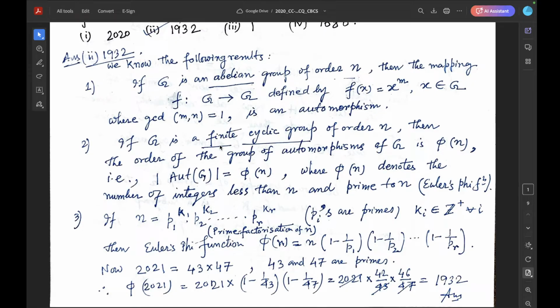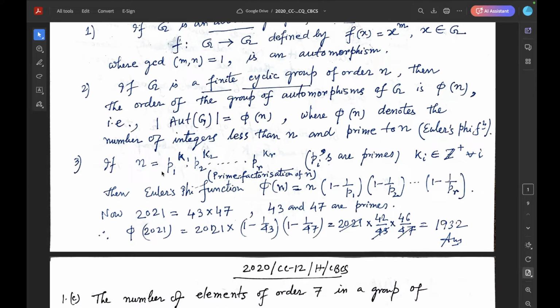If G be the finite cyclic group of order n, then the order of the group of automorphisms is phi n, Euler phi function. If n equal to p1 to the power k1, p2 to the power k2, up to pr to the power kr, and p1, p2, up to pr are all primes, k1, k2, up to kr are all